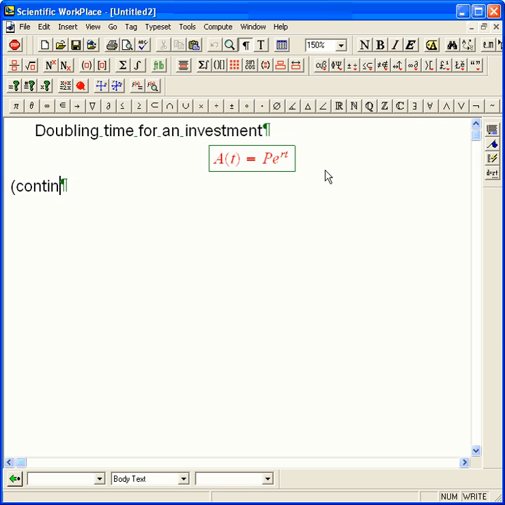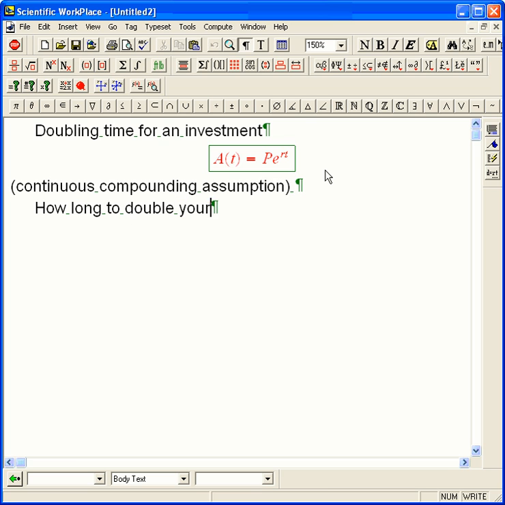So that's one issue, that I'm assuming the compounding is continuous, and that's really a pretty good approximation. Even if it's monthly compounding, it's pretty close, unless the interest rate's ridiculously high, which it's never going to be, probably. So we're going to use the continuous compounding assumption to make things simple. And we're going to ask, how long does it take